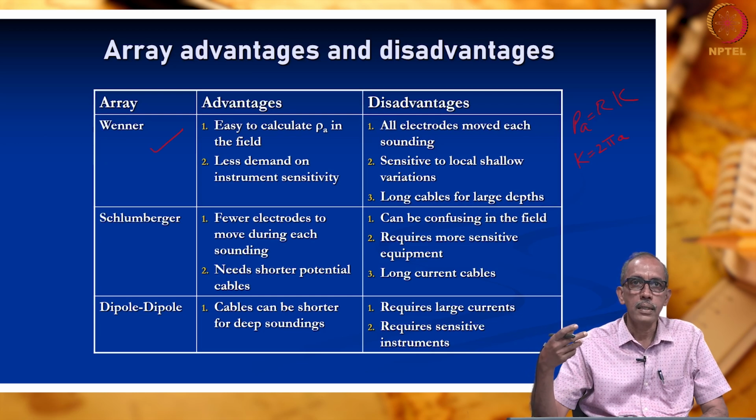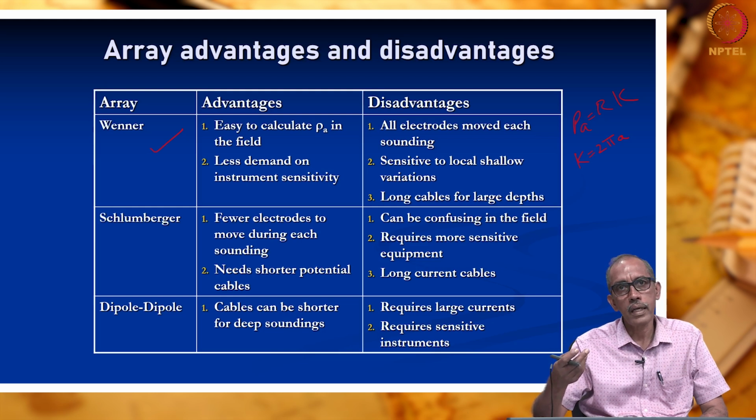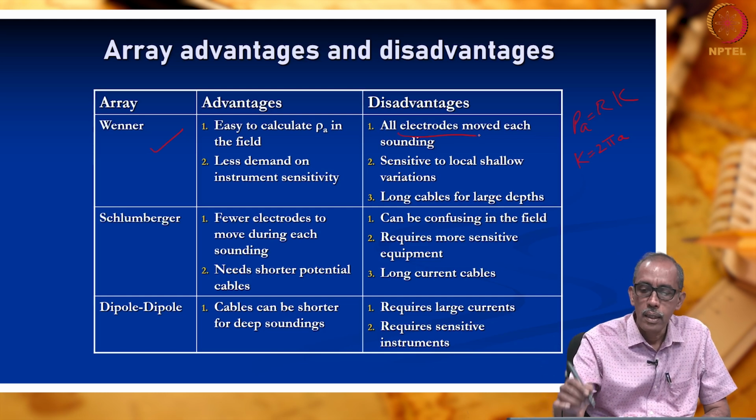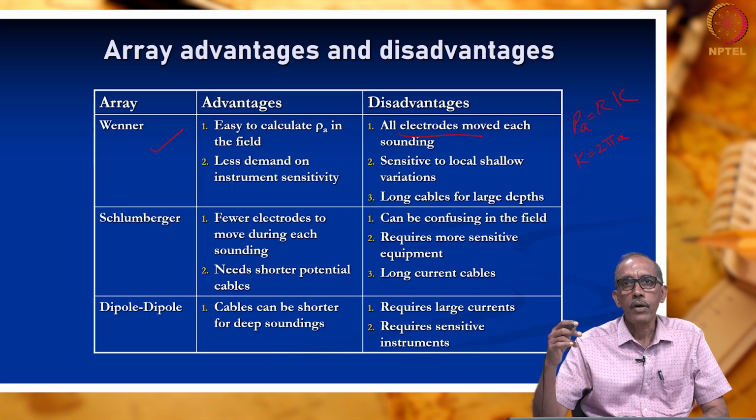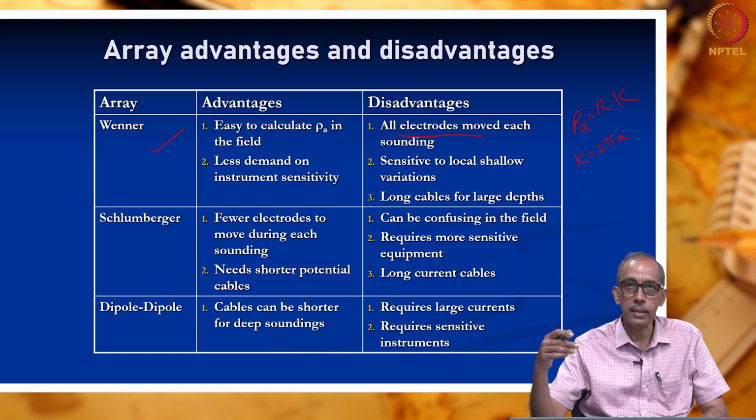And the second major advantage is that less sensitive equipment is necessary. There are a number of manufacturers who sell resistivity meters. A simple, cost effective, low cost resistivity meter itself will be sufficient to carry out the survey using Wenner method. So, these two are the major advantages of Wenner method. Coming to the disadvantages, the electrodes have to be moved for each and every measurement. We will come to know of the advantages and disadvantages a little later also towards this lecture, right.